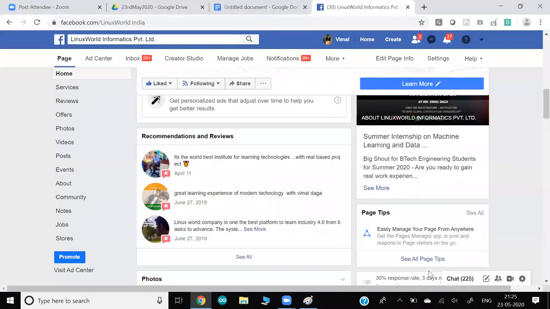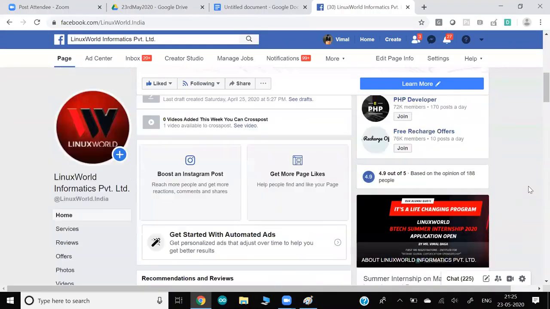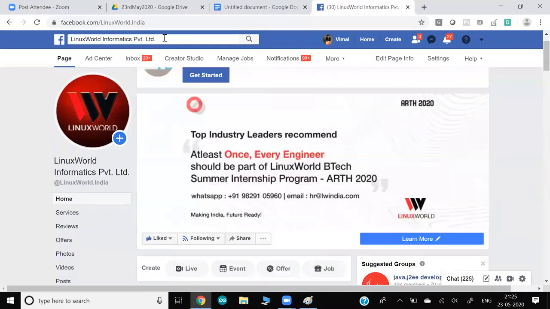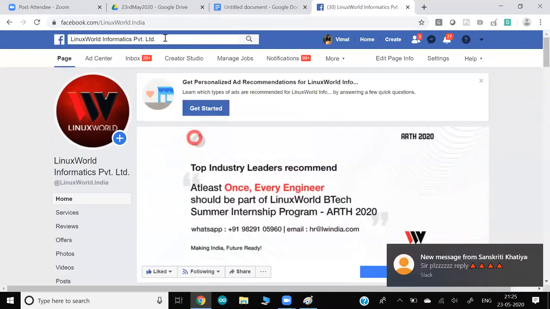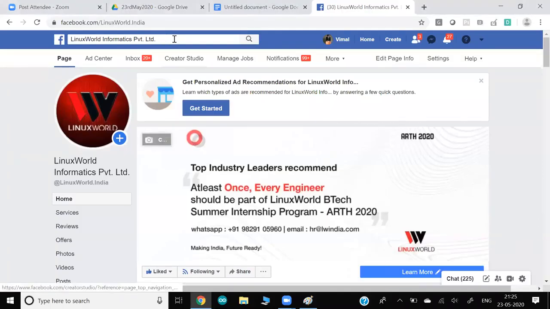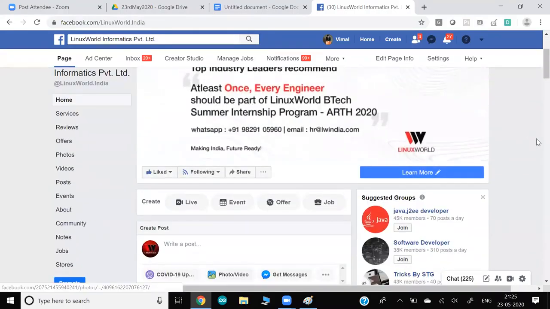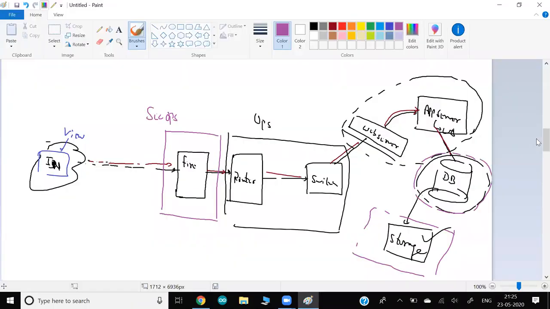But if you talk about Facebook, it's not only one database running. If you see behind the scene, they are running Cassandra. When you use friend requests, they're using graph databases. This data may be stored in Oracle. So hundreds of different databases they're also using. So let us focus on the main point.